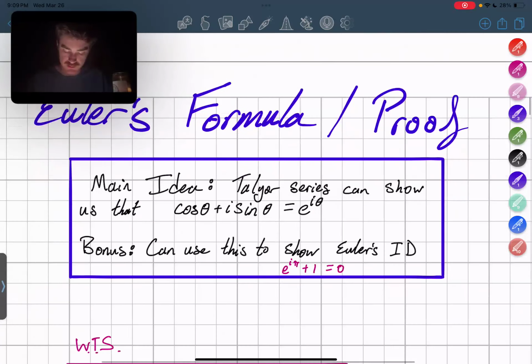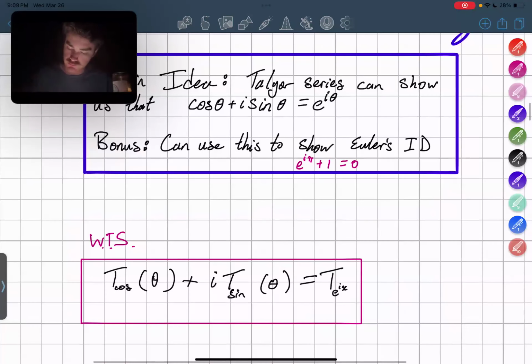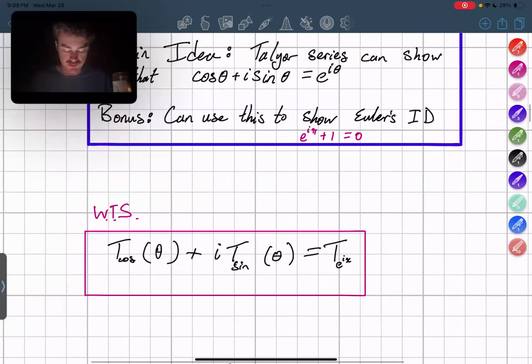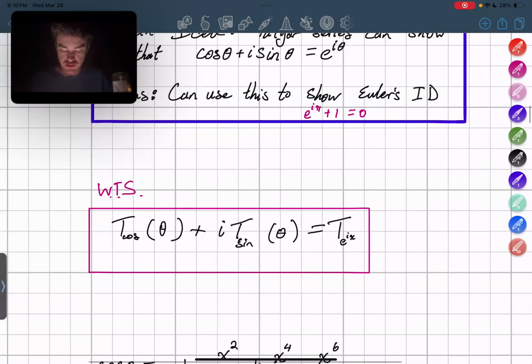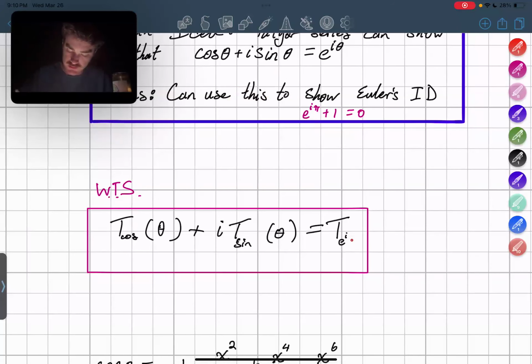So let's just write what we want to show here, which is going to be the Taylor series of cosine of theta plus i times the Taylor series of sine theta. We want to show that that's equal to the Taylor series of e to the i, should not be x, it's going to be e to the i theta here. All right, so